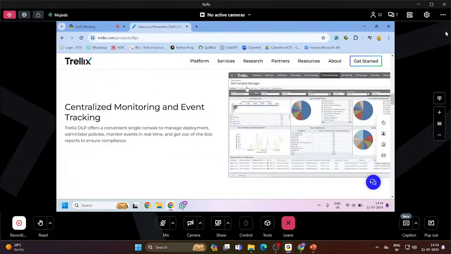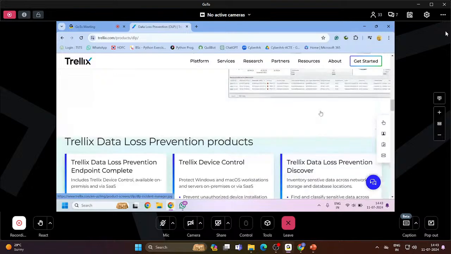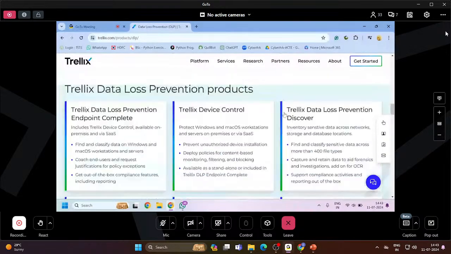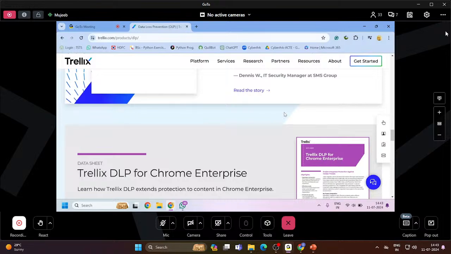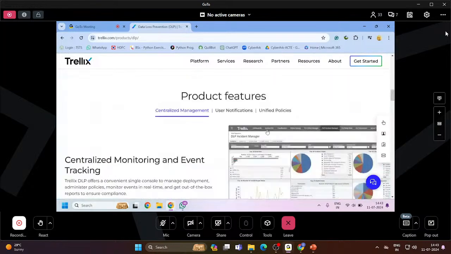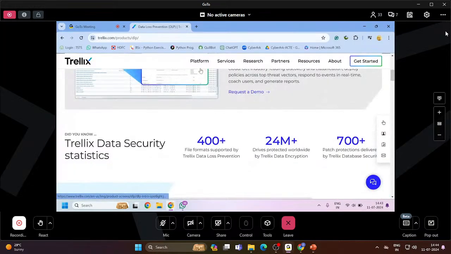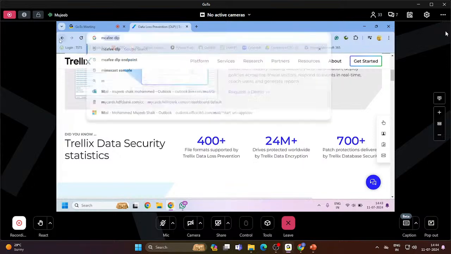This is how it looks. This is the incident manager homepage where the incidents get generated and people keep on monitoring that. You can just go through this. And coming to mobile protection,